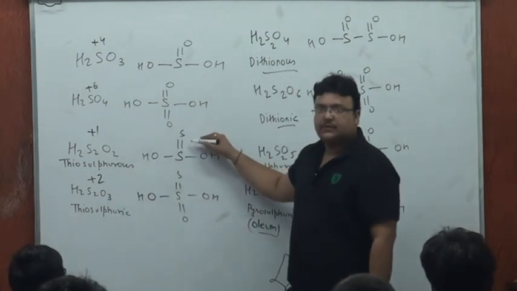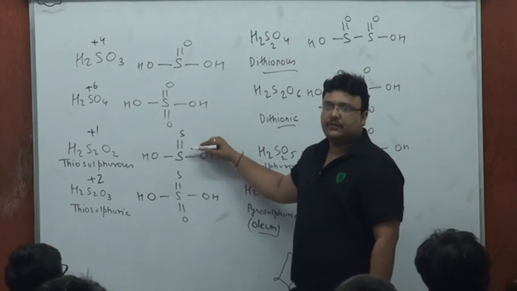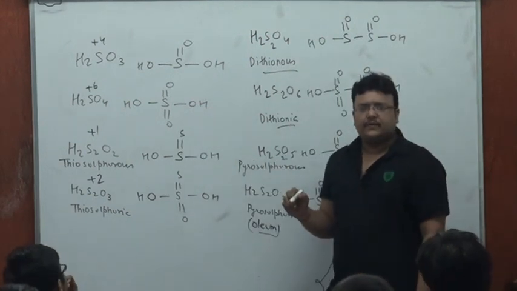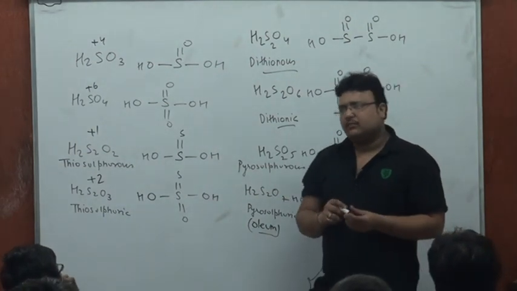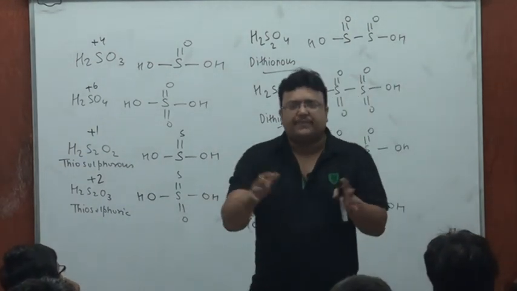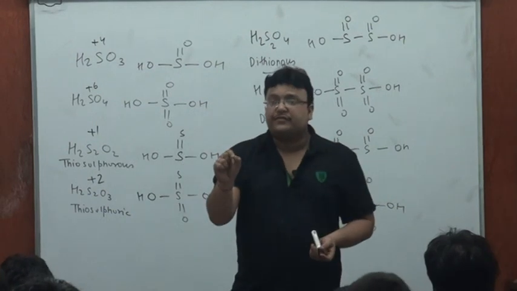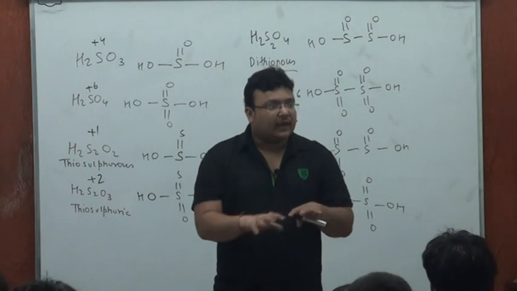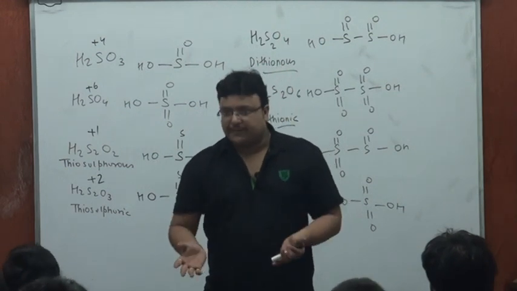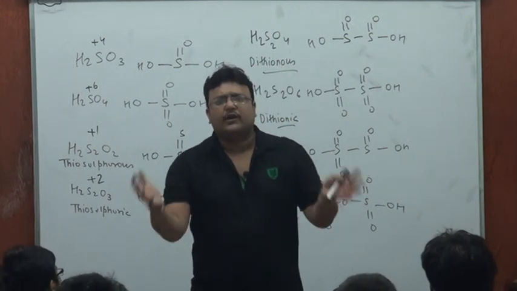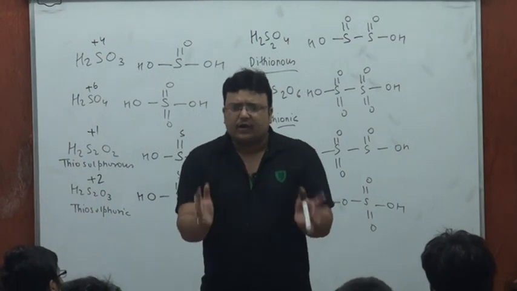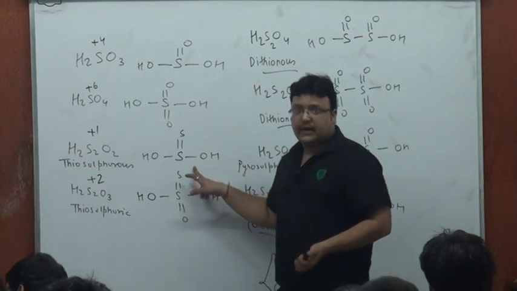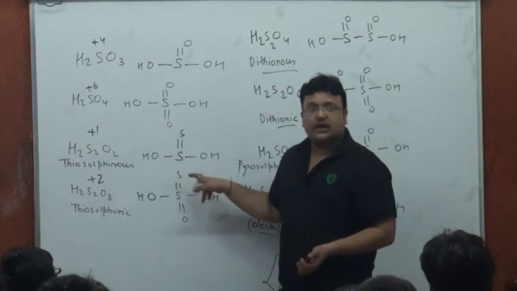Both sulfur atoms are non-equivalent. And again, things which I generally teach you in chemical bonding. I guess I told you, from a molecule or from a given part of the molecule, oxidation state could be derived by looking at the neighboring atoms. Even if you don't know the entire molecular formula, and they give you a part of a large molecule, looking at the atom and its neighboring bonds, you could arrive at the possible